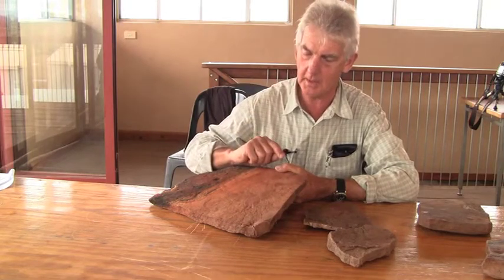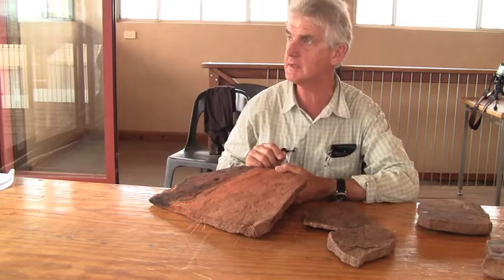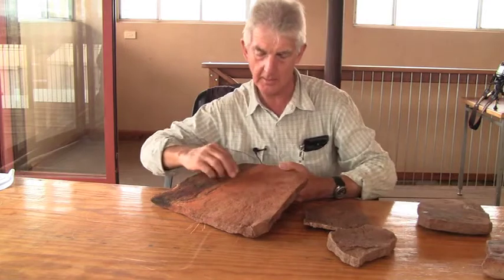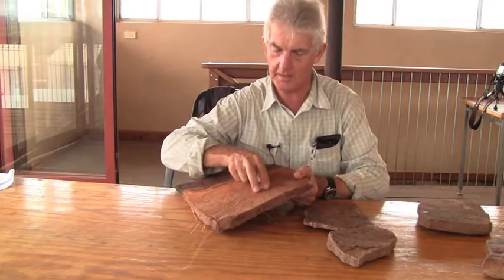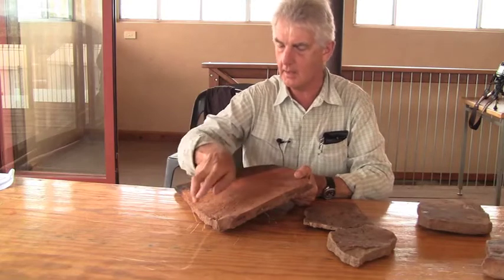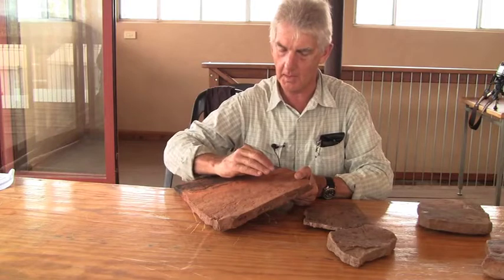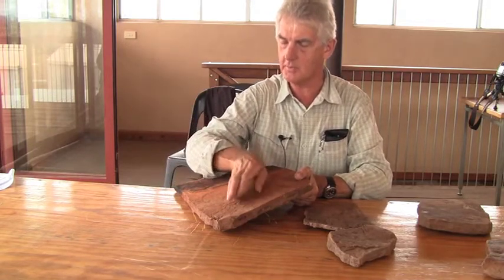But what's important here is that we can see what it was doing before it departed the scene. And it was not just sitting in one place, because there is another set of scratch marks there, and another set here, another set here, set there. So we could assume that this thing maybe started over in this position, moved around as it was grazing the